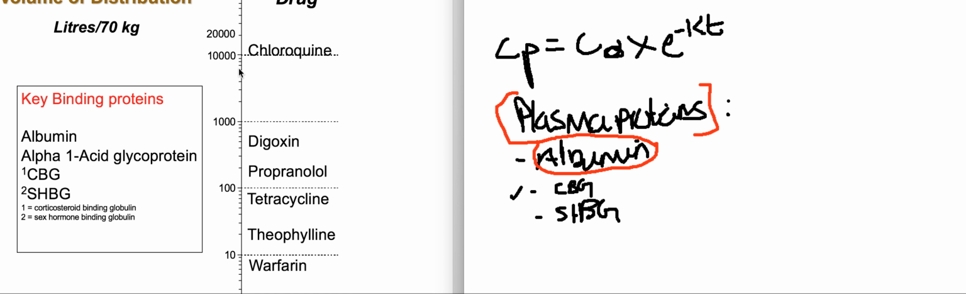Now on the right you can see different types of drugs. So chloroquine is an anti-malarial. Digoxin is used to treat arrhythmias and heart failure. Propranolol is also a drug used usually to treat arrhythmias and heart problems. Tetracycline is an antibiotic. Warfarin is an anticoagulant, and theophylline, I can't remember off the top of my head, but